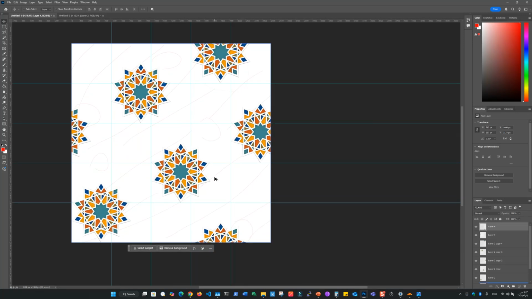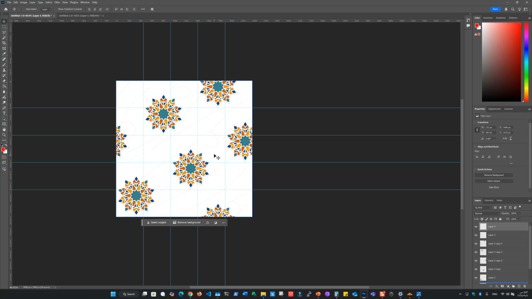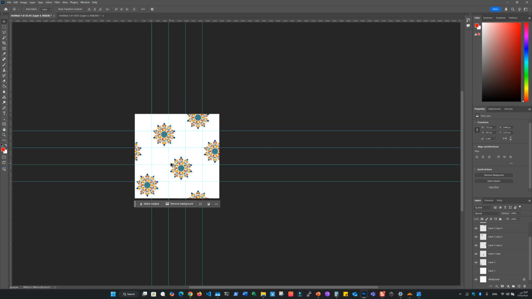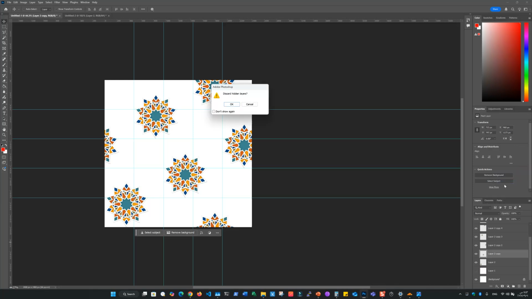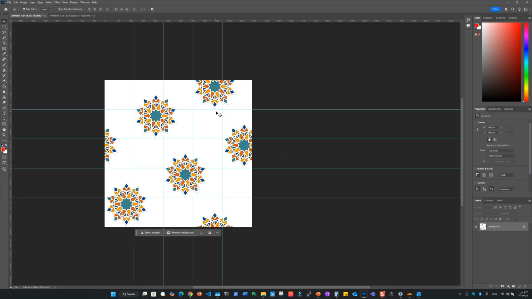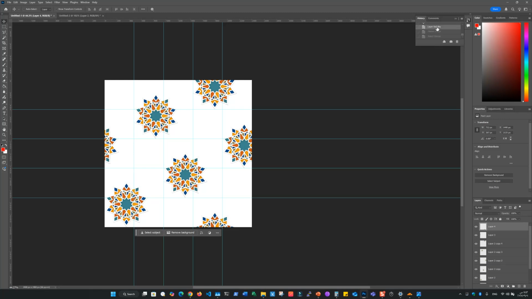Now I have made the basic design, the base design, or the main unit, or the main motif, like this. If I hide this, for now, look at this. I will just flatten the image. I will select all, Control C. I will just go back again. I don't want to lose my design, like this. Okay,